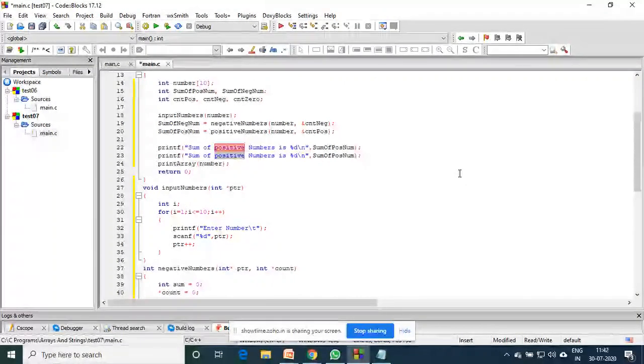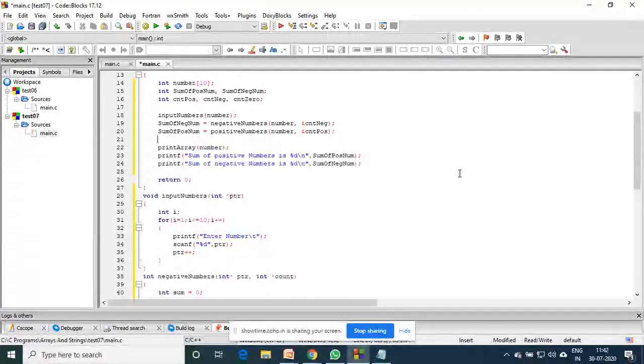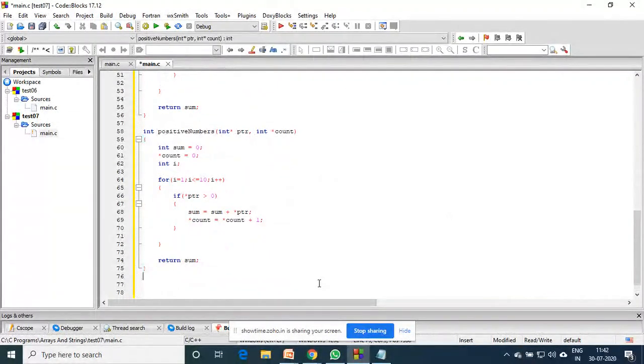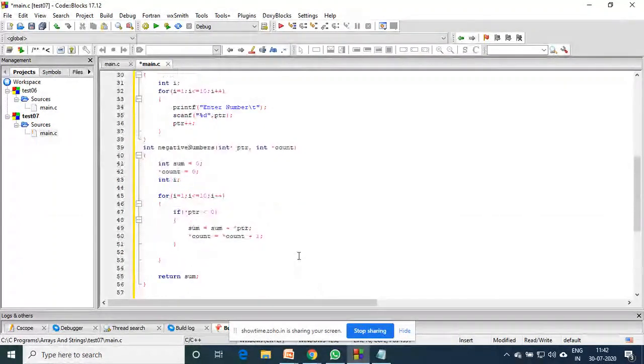Sum of negative numbers is... sum of negative numbers, and print this array at the top, right? So that we'll read the print array. What is that? We are going to print that, right? Only